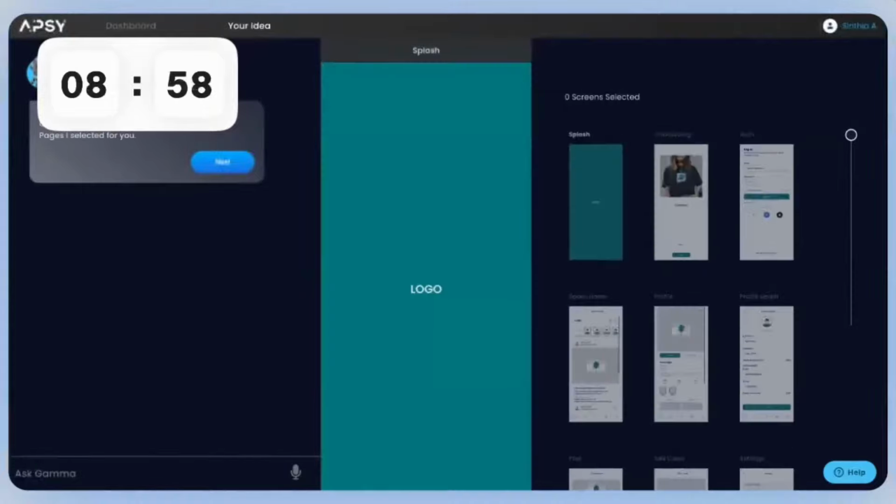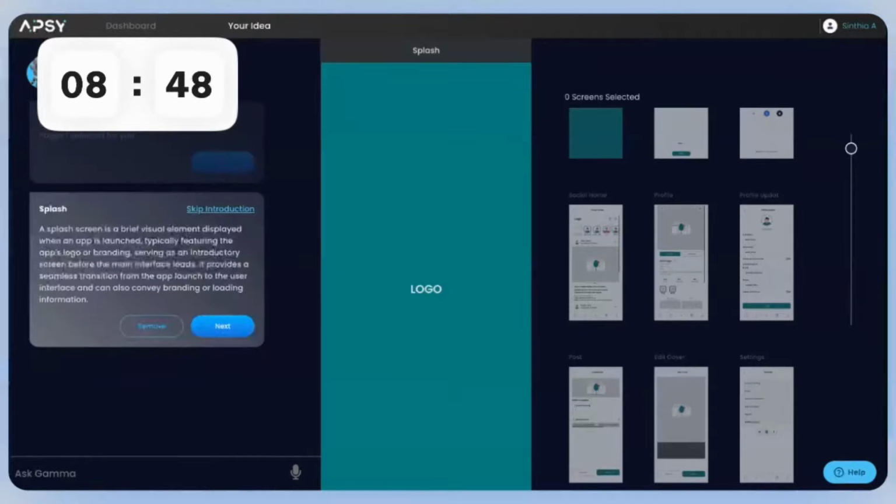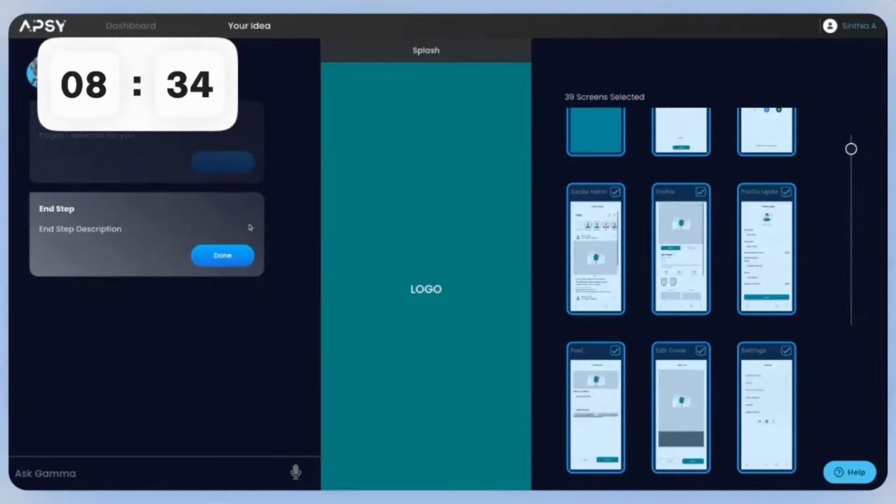So as you can see, it has already generated a few screens for us. This is on the left side. It's just getting you started. So we'll click on next. This next pop up is supposed to help you understand what each of these screens will look like. I've already done this a couple times, so I don't need it. I'm going to skip the instruction for right now so we can go ahead and start building the application.